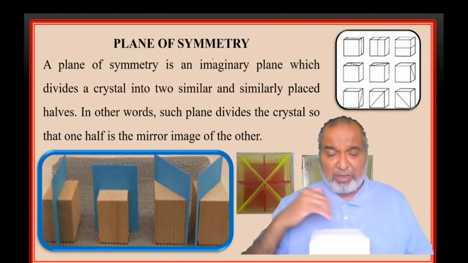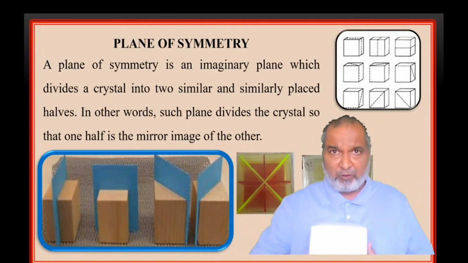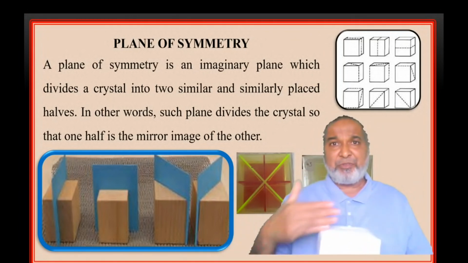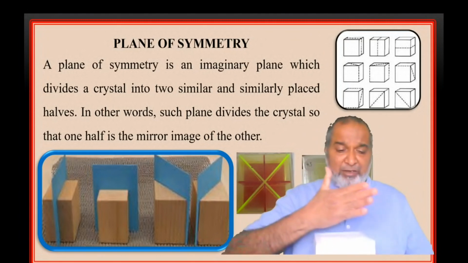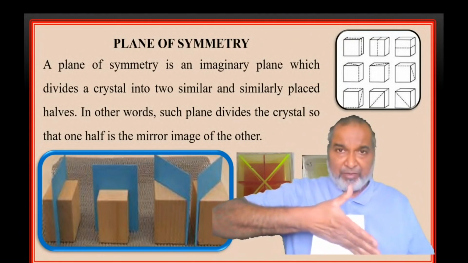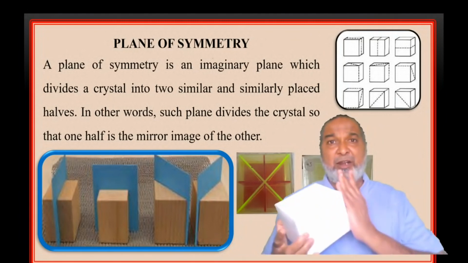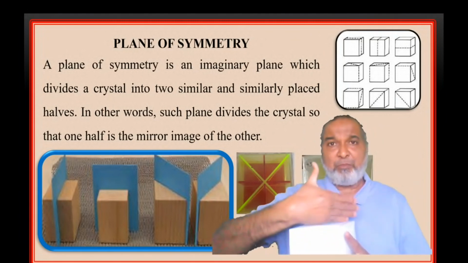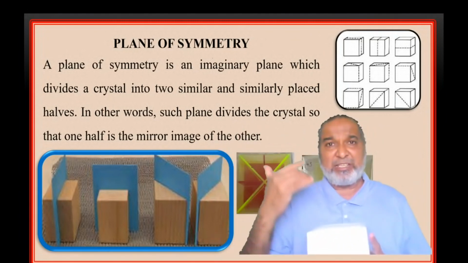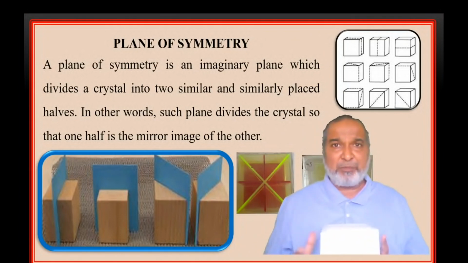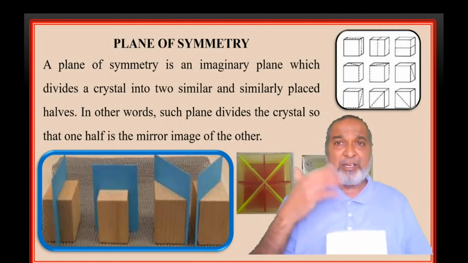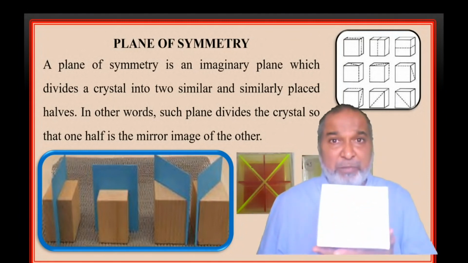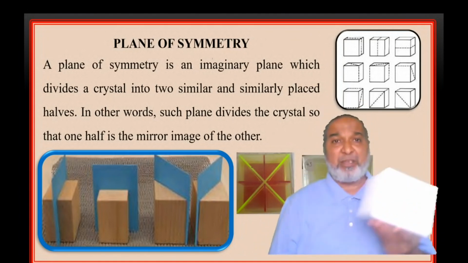I told you the simple way. First, the center of the face, always front to back, left to right, then the top and bottom center of the face. These three. Then front and back, these two, then left and right, these two, then top and bottom. So A, B, C. This is how you go and find them systematically. Then front and back two, left and right two, top and bottom two. So six will be there and earlier three. So nine planes are there in the cubic system, Galena type.